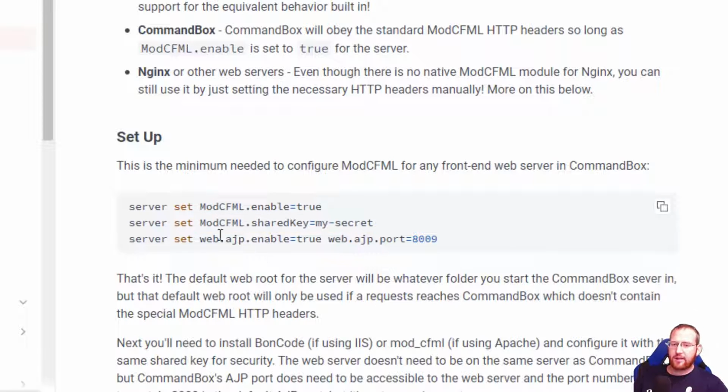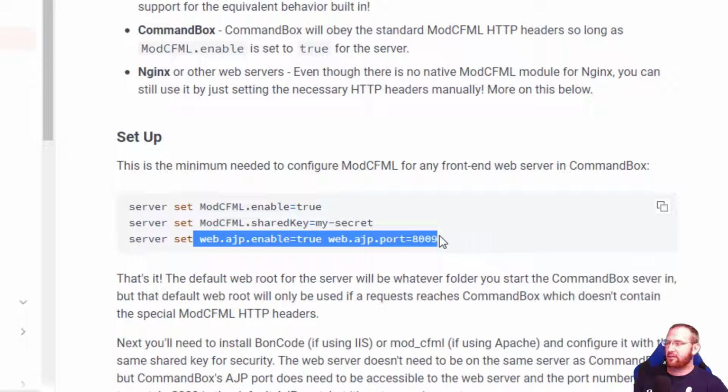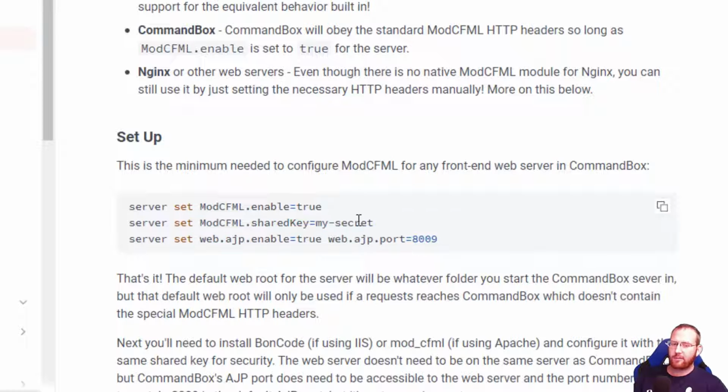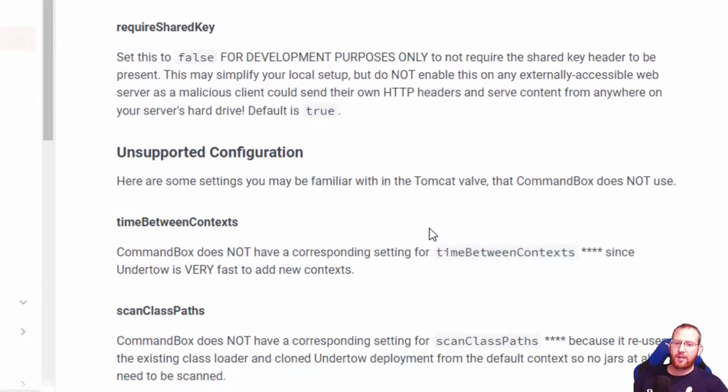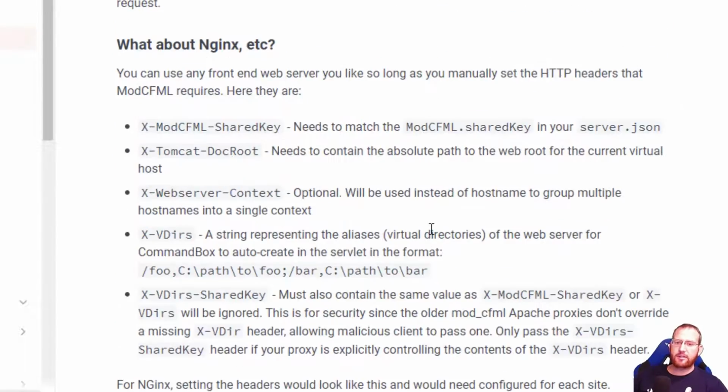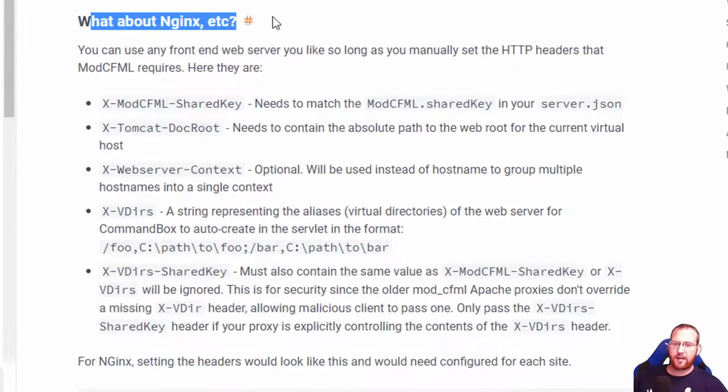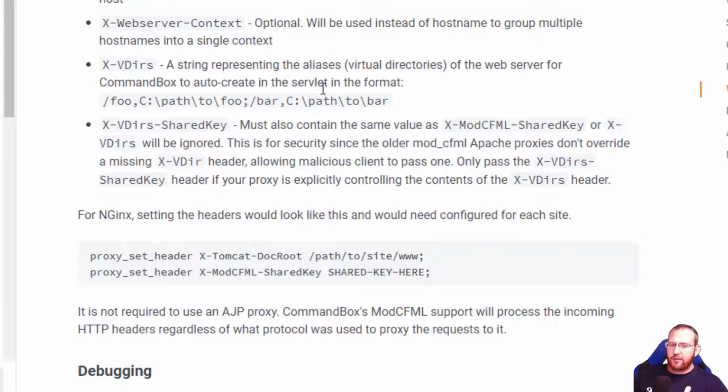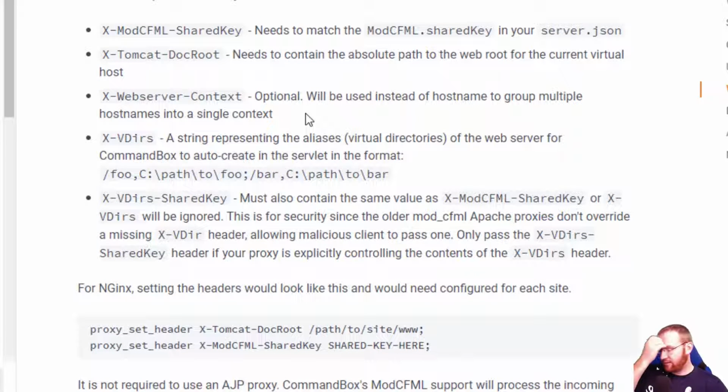In our case, we don't need to use AJP at all. There's no real requirement of AJP, even though I used it for the previous two examples. We're just going to use a regular old everyday HTTP-based proxy, so I'm not going to be enabling that. So in the docs, if you scroll down, there's an entire section that says, what about Nginx, etc. And so basically, as long as you set these following HTTP request headers, ModCFML will work,